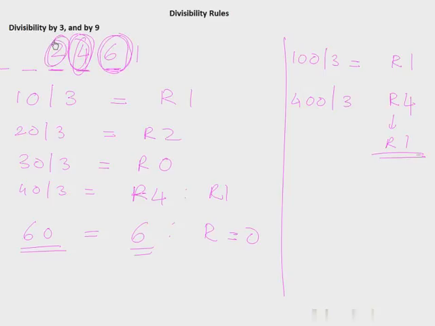Similarly, how about 1000 divided by 3? That's also a remainder of 1. It's 333 remainder 1. So you notice that any power of 10 divided by 3 gives a remainder of 1. And that's a beautiful property to have, because now I can break down my number again into its tens, hundreds, thousands and so on. So if I have a number